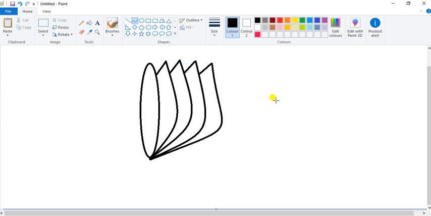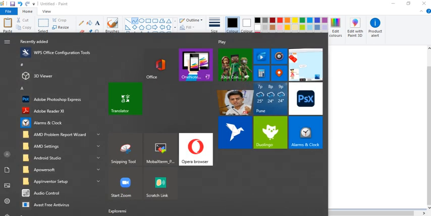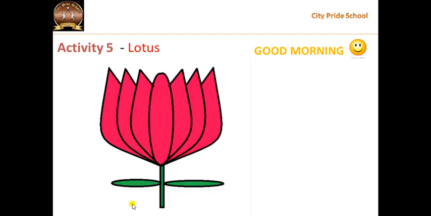Done. Now if you observe for lotus, here right side part and left side part, it is the same. Correct. It looks like a mirror image, isn't it?